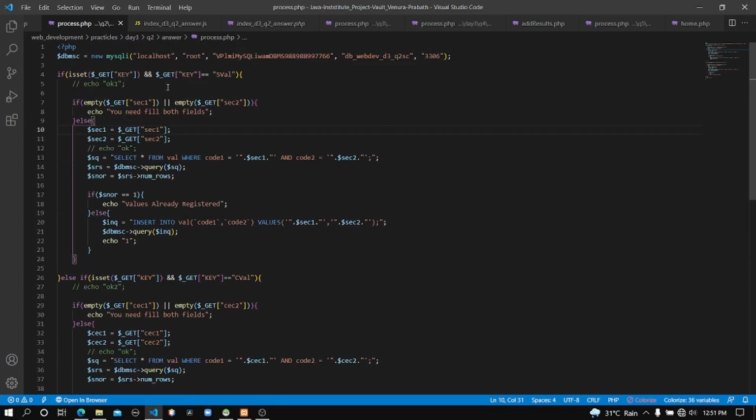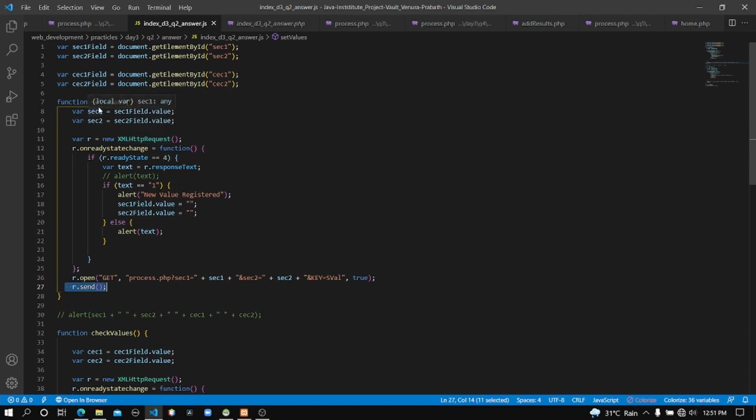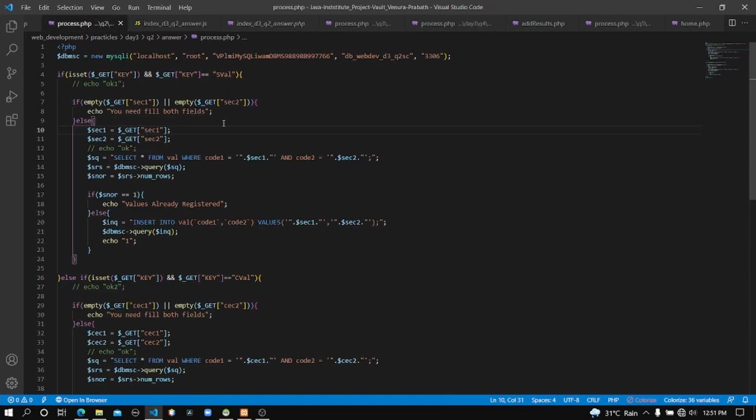Okay, this is the part which will execute when we click on the set value button, because it will execute this part of the function, and you can see it will send the value key, and also its value is equal to S well. So that means it will execute this part. And in here, when it's executing, there's another if condition. It will check another set of conditions.